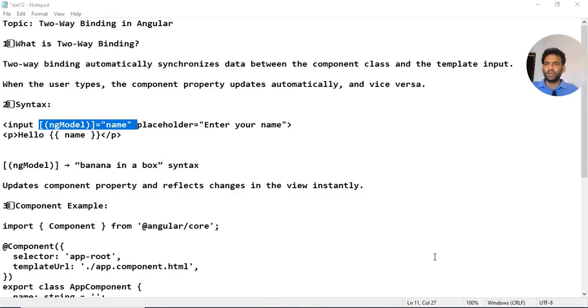Two-way binding automatically synchronizes data between the component class and the template input. When the user types, the component property updates automatically, and vice versa. Okay, so we have an example which we need to understand in